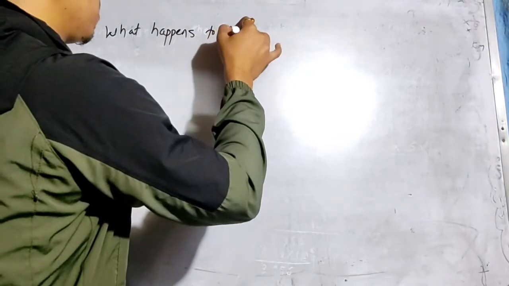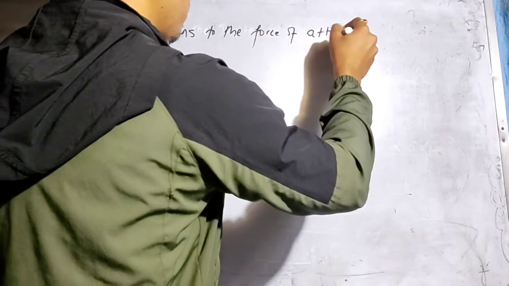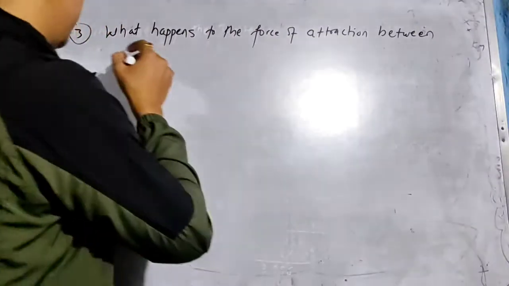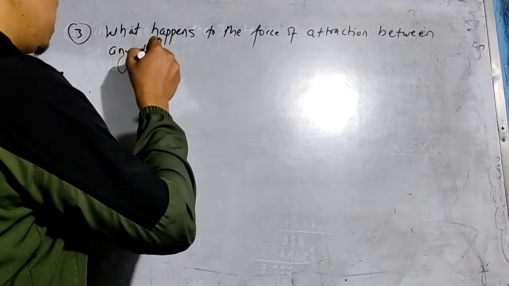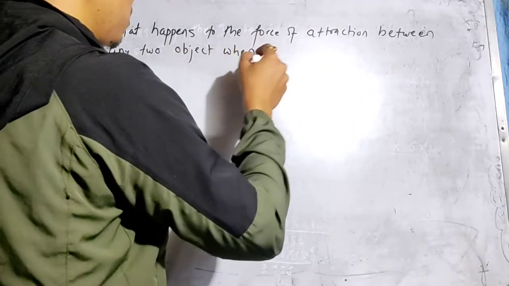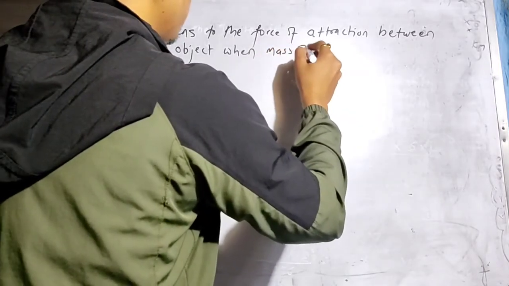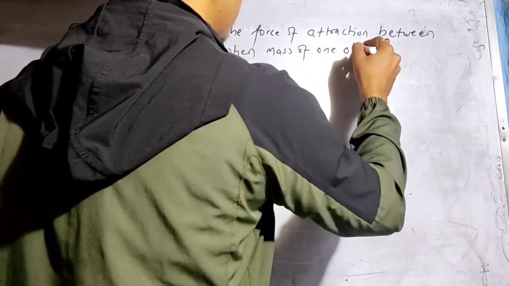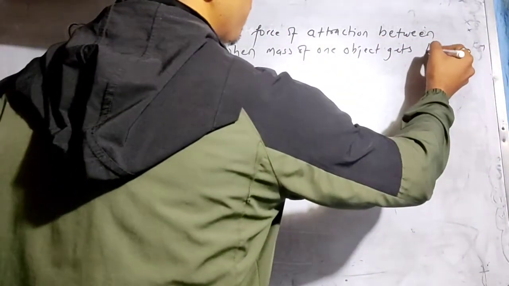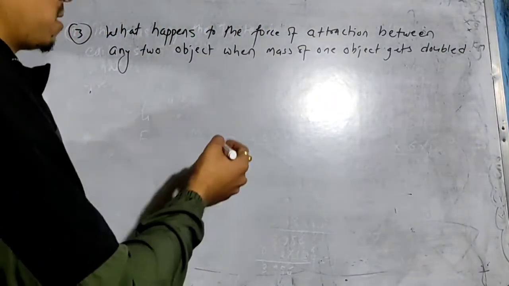What happens to the force of attraction between any two objects when mass of one object gets doubled? Okay, at first let's consider,